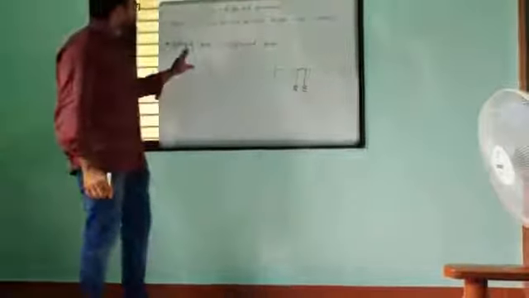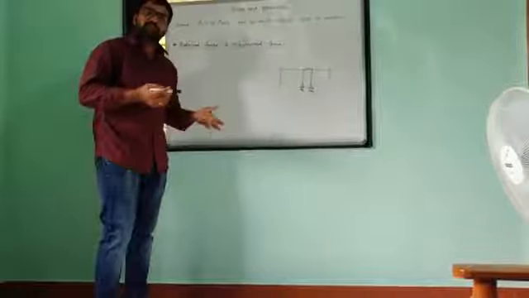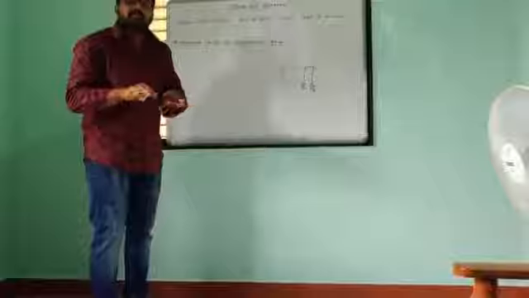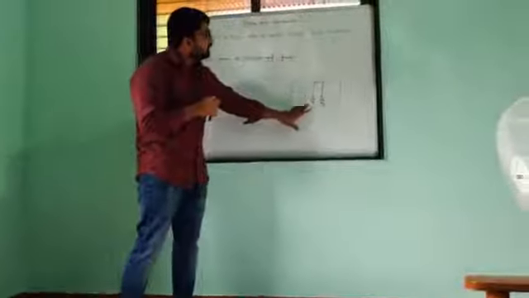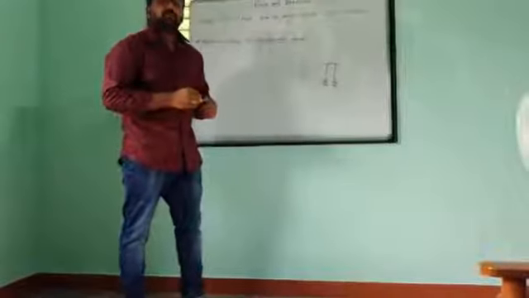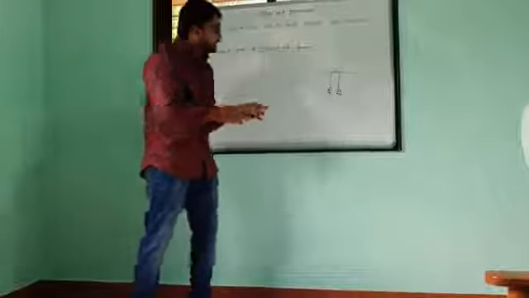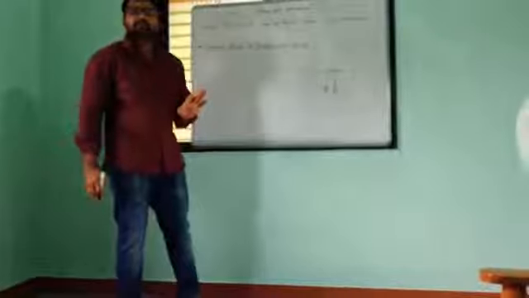Look, we are seeing balanced force. Balanced means simply equal. Balanced means simply what? Equal. When two quantities are equal, we simply call that balanced. Now here we attach two masses, each of 5 kg, to both sides of this string. Here 5 kg and 5 kg are equal masses that we add.